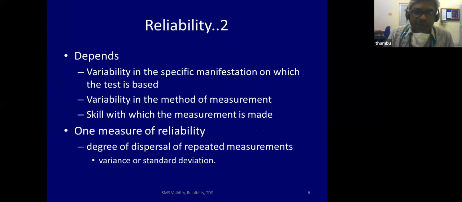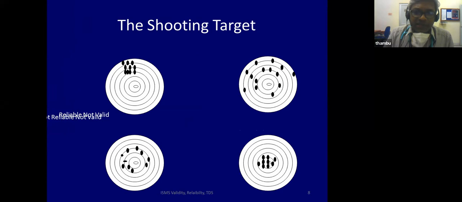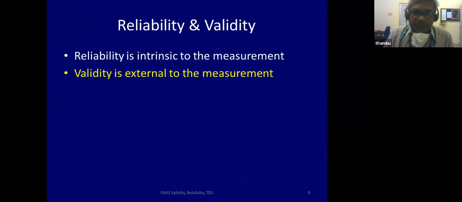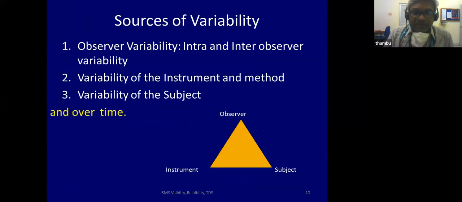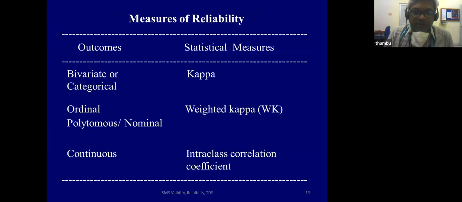And when you want to do reliability, I will end with this particular slide here. Sorry, the slide which I want is not coming. That is this. If you have bivariate outcome variables, then you must use kappa. If they are polytomous or nominal, you must do a weighted kappa. If the outcome is continuous, you must do intra-class correlation coefficient. But just remember, even if they are continuous, a good way of showing the differences is to use the Bland-Altman plot.